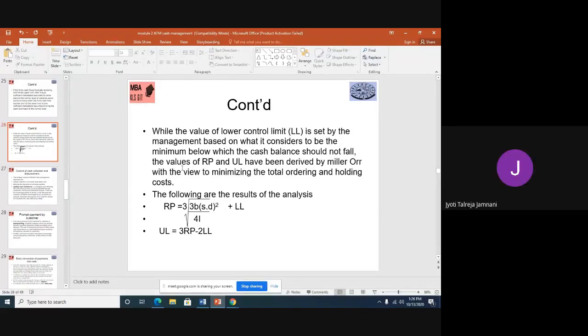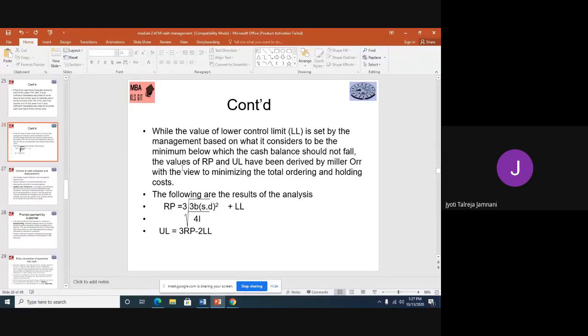Yes, ma'am. So all those who don't have a scientific calculator and are not planning to buy one, if the Miller-Orr model comes in the exam, you cannot solve it, and it is difficult to borrow one in the examination hall. So it's better to have one, because when you go to 4th semester also, you're going to take finance subjects, and there also it will be required. Or else if anybody has one, you can borrow it from them in advance before the exam. But for practice, at least you will need it.